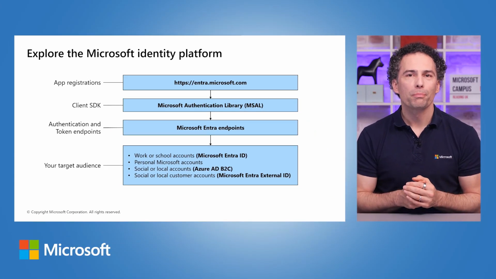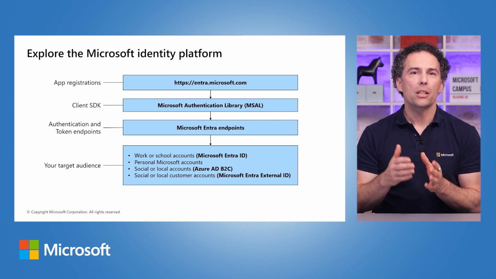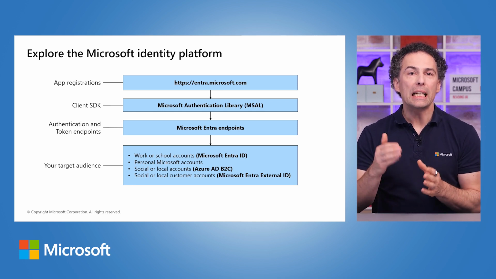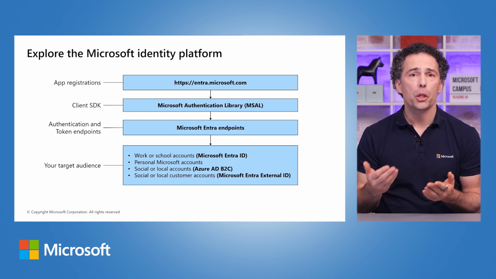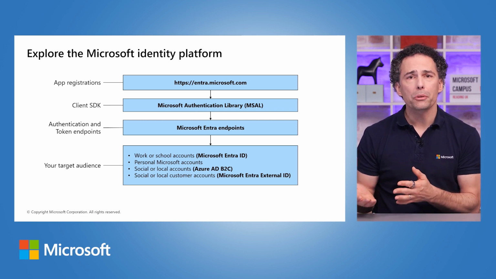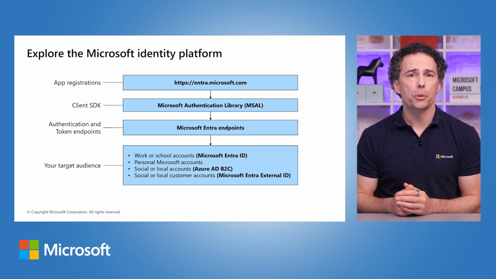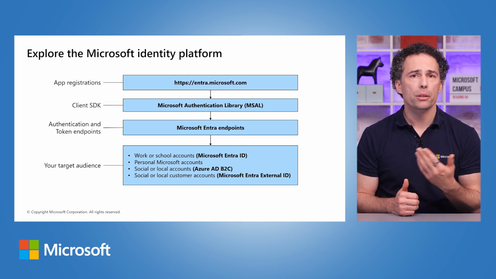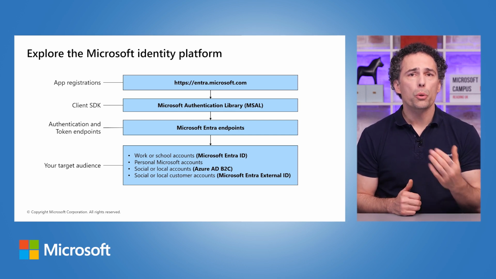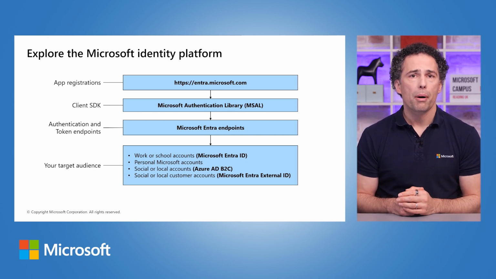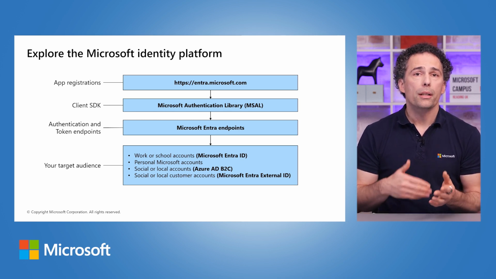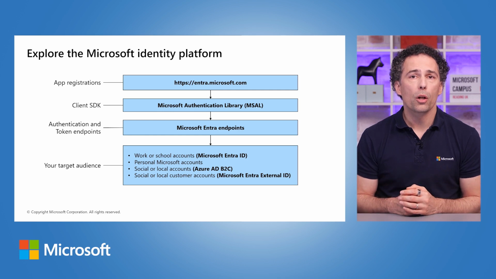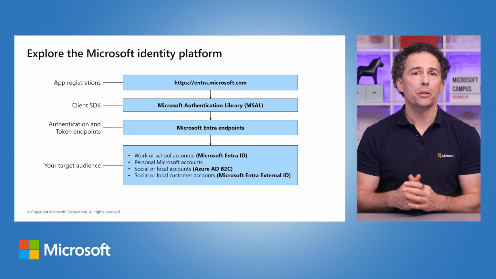OAuth 2.0 and OpenID Connect standard compliant authentication service is enabling developers to authenticate several identity types, including work or school accounts provisioned through Microsoft Entra ID, personal Microsoft accounts like Skype, Xbox, and Outlook.com, or social or local accounts by using Azure Active Directory B2C, or the newer version, social or local customer accounts by using the Microsoft Entra